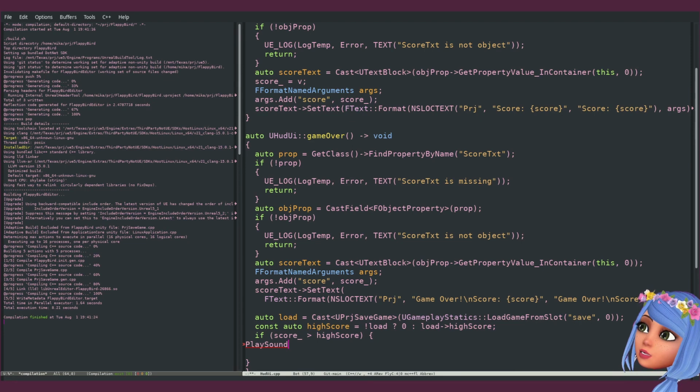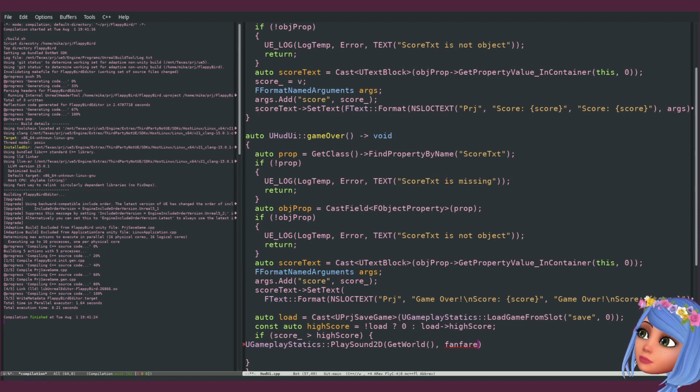Play sound 2D, play sound 2D, get world fun sound.